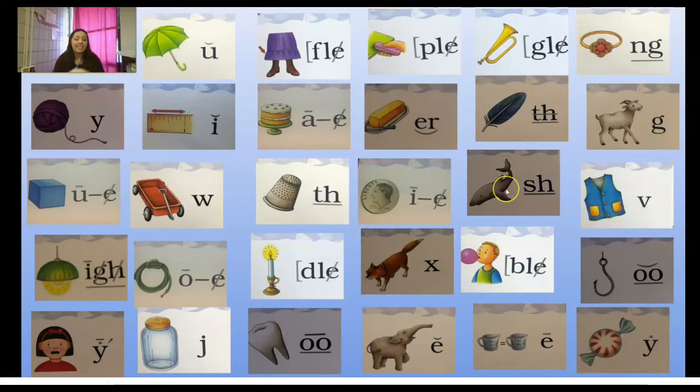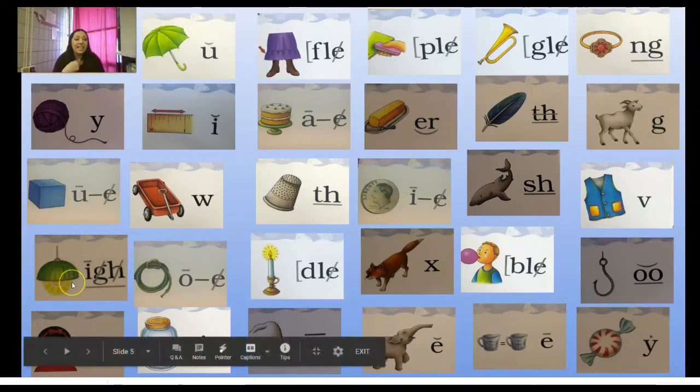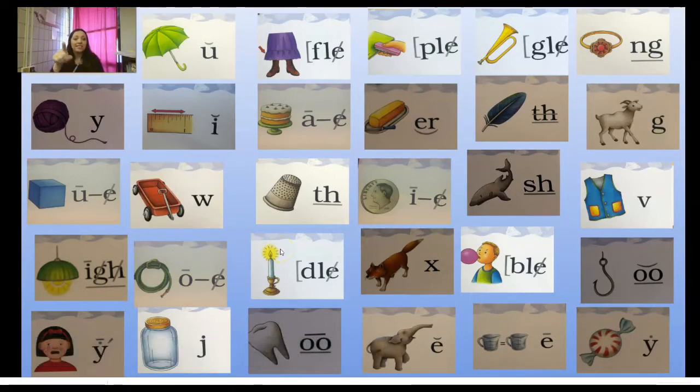I consonant E. Shark, SH. Digraph SH. Vest, V. Light, I. Trigraph IGH, very good. Hose, O. O consonant E. Candle, dull. Final syllable, DLE. Fox,